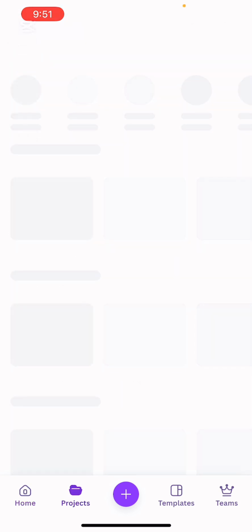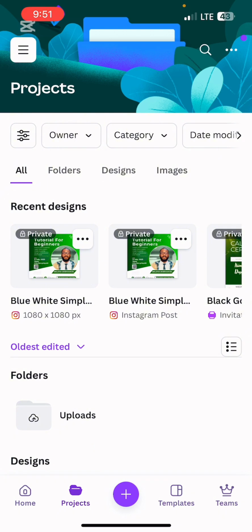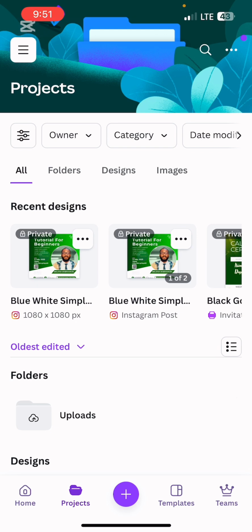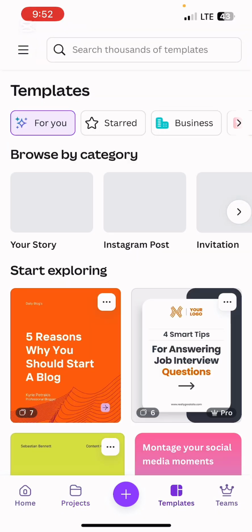Yeah, so I'll just start with what we have here. Briefly, Projects shows everything you've been working on. You can see these are my recent designs. The plus here shows you where to open up a new page. The templates,